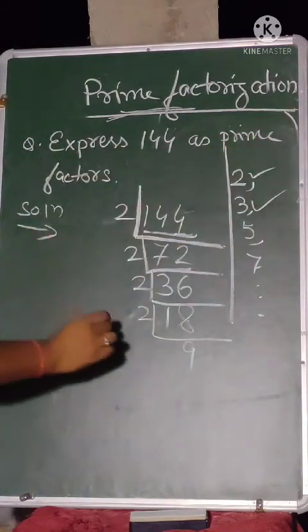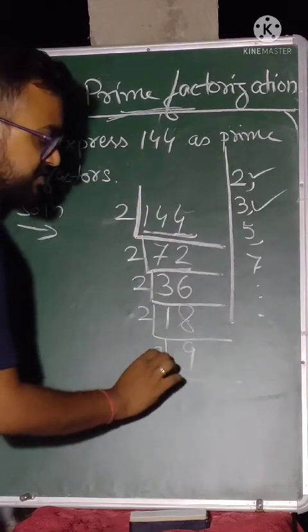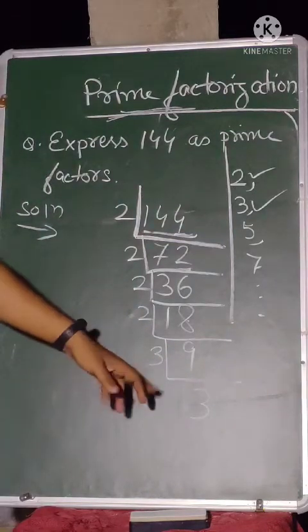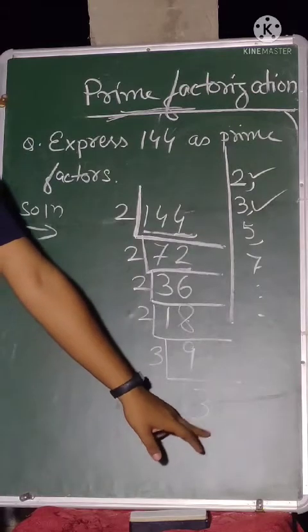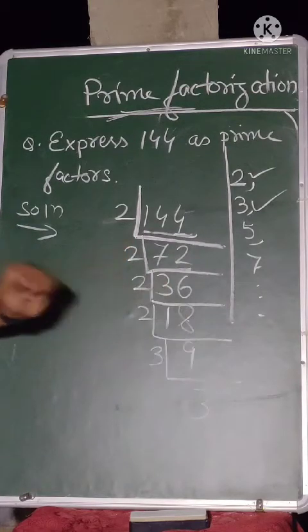So since 9 is not divisible by 2, is 9 divisible by 3? Yes, 9 is divisible by 3. So we'll write 9 as 3 times 3. Now 3 is already a prime number, no more composite number left out. Now what we will write,